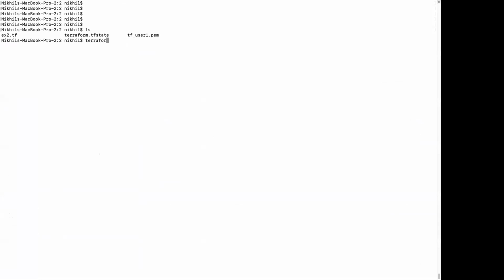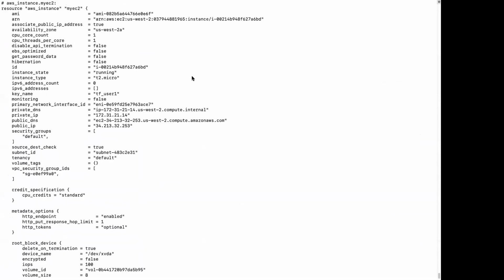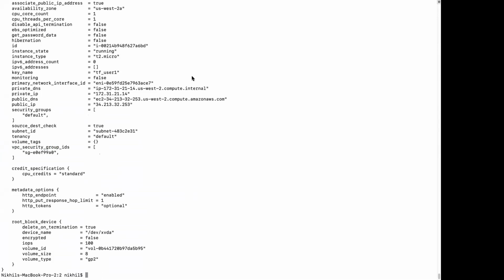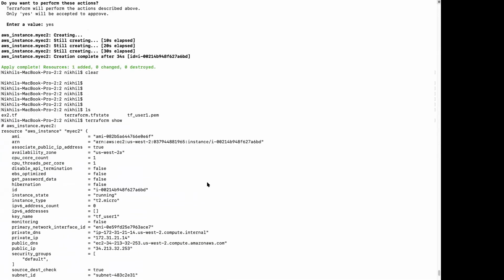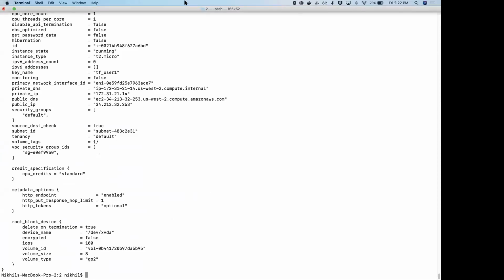For that, what we are going to use is terraform show. When I do this, I should be able to see all these details that are very specific to this particular instance. Any doubts that you guys have so far, let me know, or you could ping it in the chat section. I should be able to have a look at it.